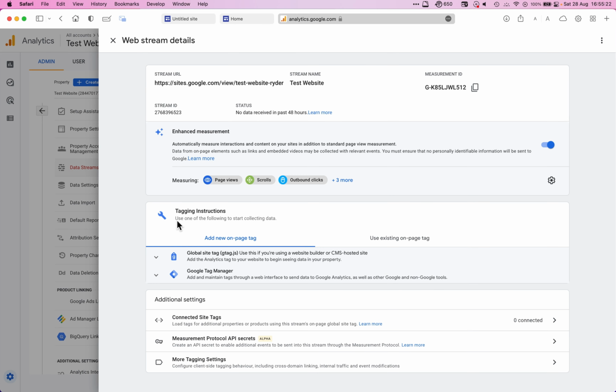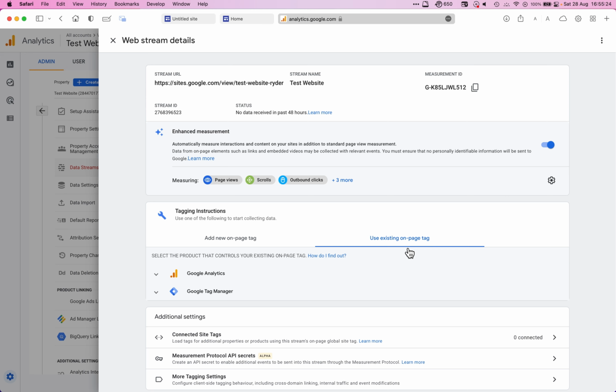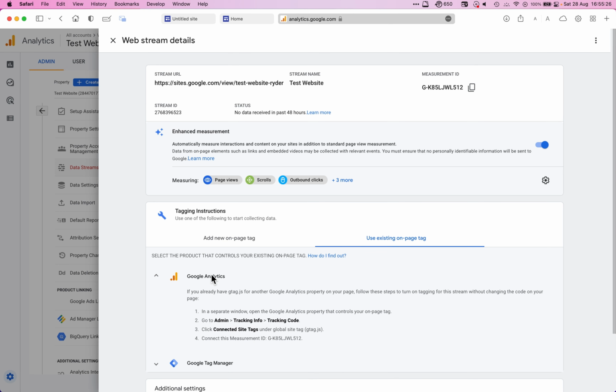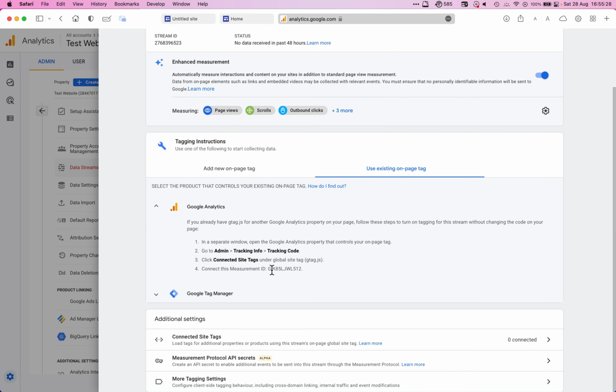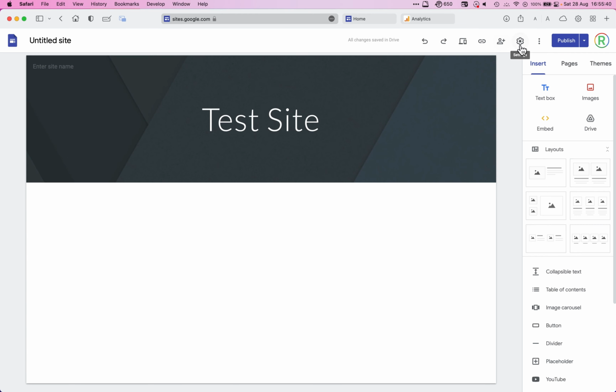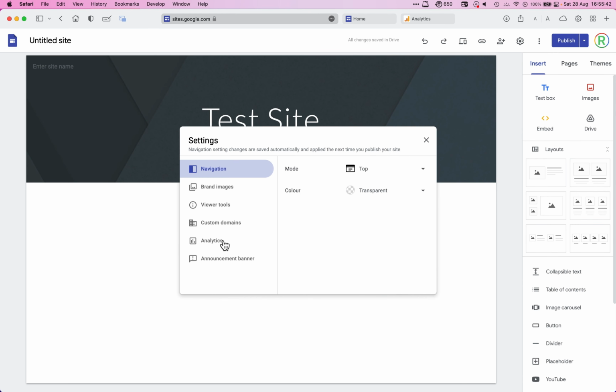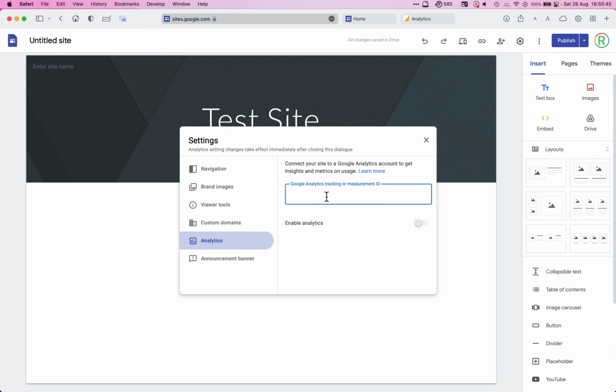Now what you need to do is go to use existing on page tag and then go to Google Analytics. And here you'll see your tracking number. So you need to copy that, and then you need to go back to your Google Sites editor and go to the settings icon at the top right, and then go to Analytics and paste that tracking number into this